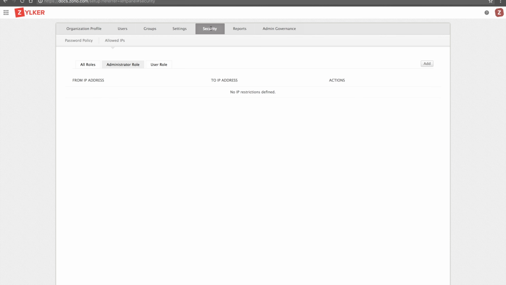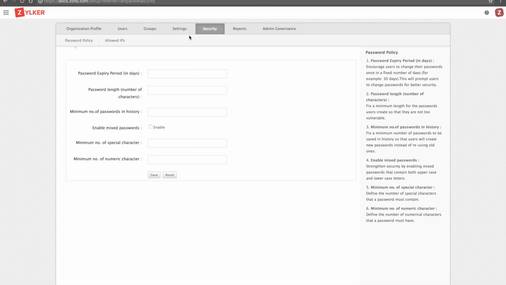Now, the most important tab is the Securities tab. At Zoho Docs, we consider security a very integral part of a system. We let our users set a password policy based on whatever your organization policy is. So you can customize what your users' password should be based on the number of days within which your password will expire, or the length of the password, and what characters and things should be contained in your password. And once you're done entering all the details, click on Save.